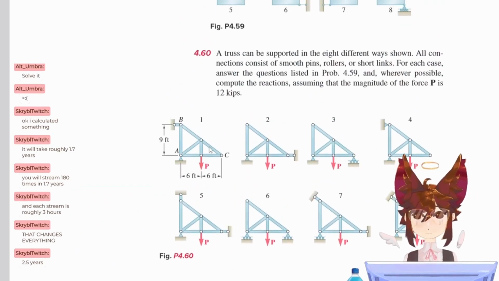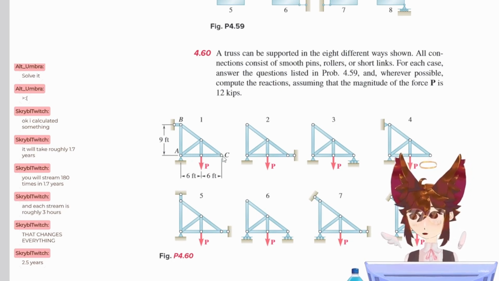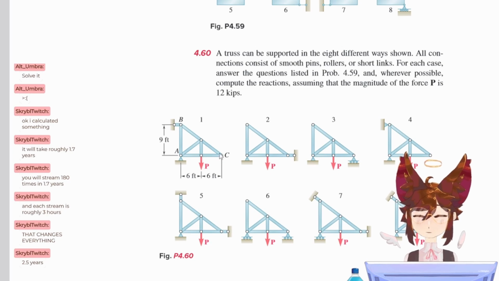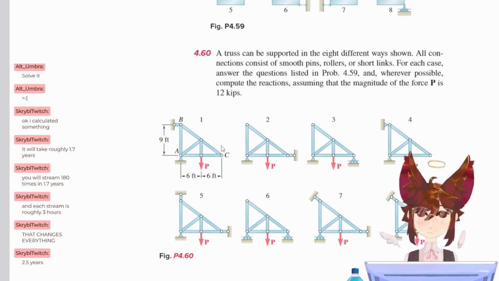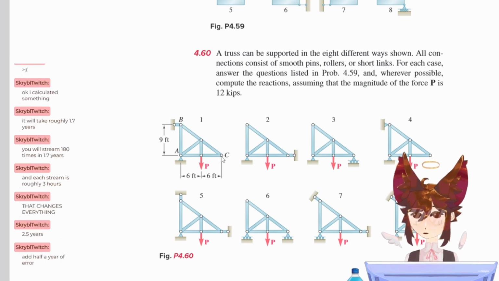Okay, let's see. Any Zero Force members here? So A. Okay, I'm looking at maybe C, because there's one this way, but it has a component this way. Okay, wait, but this way, it doesn't have a component. It doesn't have a component upward for this force, because there's no other.